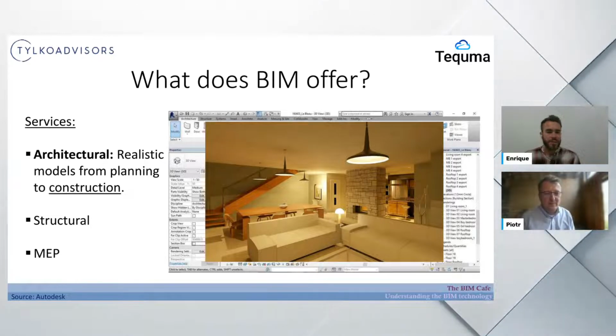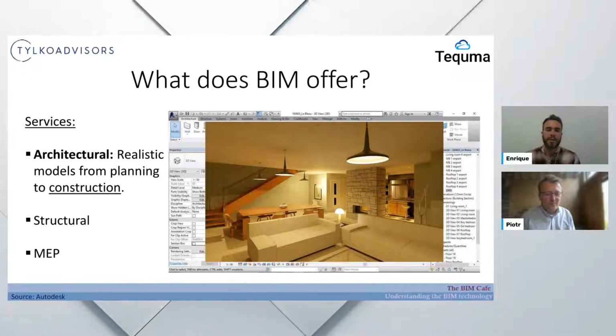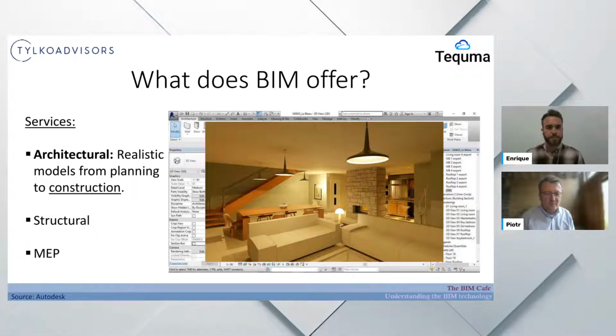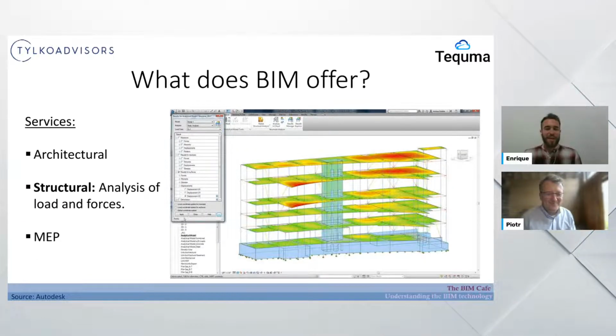So I understand. When architects or designers put it in the houses, in the designs, in the projects, they say, okay, I really like this one, and you go to the shop and say, oh, it really looks like it did on my computer, because of course it's a real representation of what the product should be. Okay, clear. Good. Another important part is structural slash engineering, where we can do all